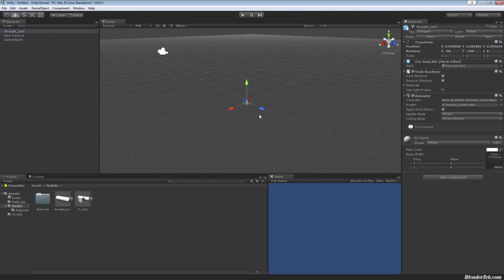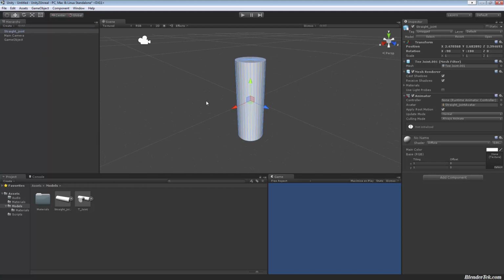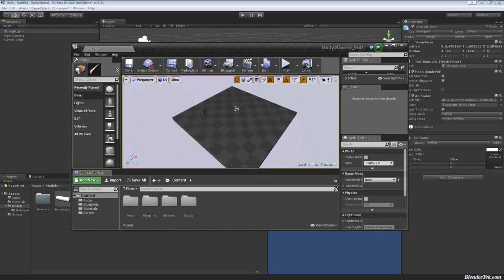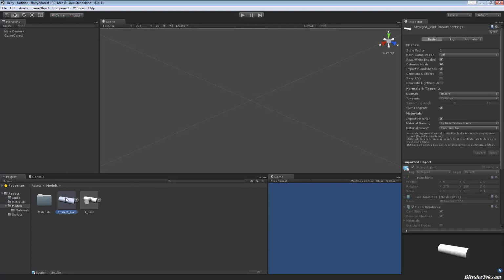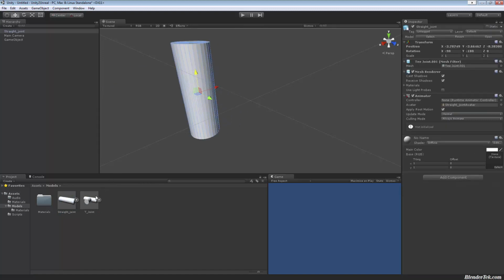Here's one more thing I want to mention. In Unity, when you click on an object in any way, an asset, and you press F to focus, it brings it right into your view in the viewport. In Unreal, it's exactly the same. I select something, so I've got both of my models imported into Unity. I'm going to drag and drop them into my scene.